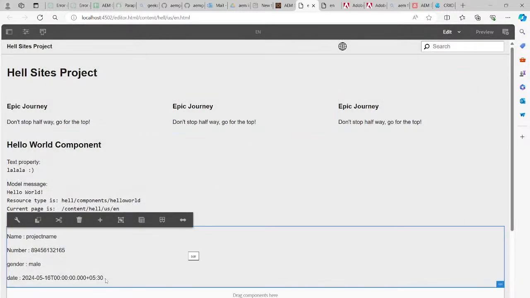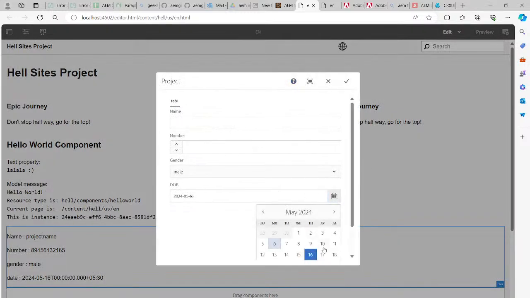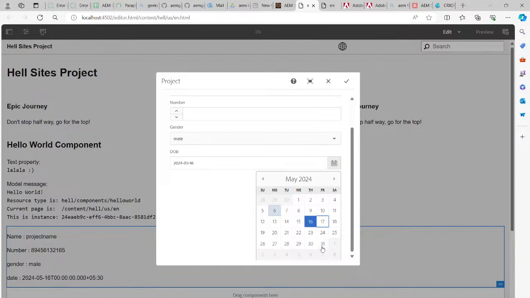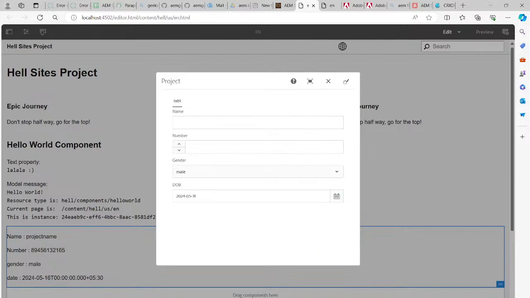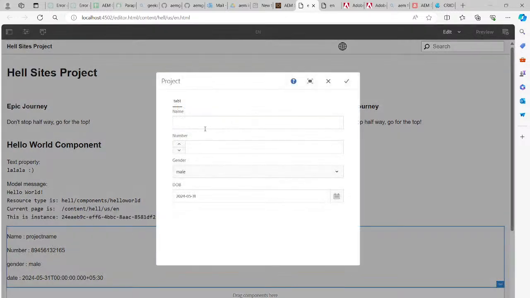Okay. Sorry, now it was working, the date one. Previously I had not selected the correct thing. Okay. Yeah, now I can see the date one. Okay, what I have done, see here. There is no data in this name as well as number. And I have said where this data will be stored